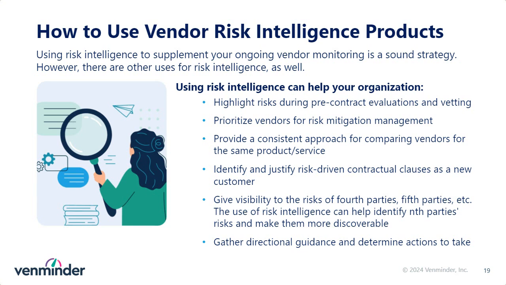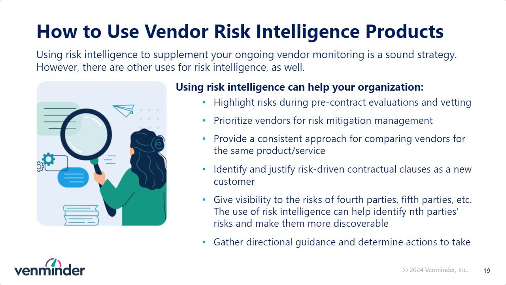For example, it can highlight risks during pre-contract evaluations and vetting, that onboarding before you bring that vendor on. It can prioritize vendors for risk mitigation management. It can help you identify those that should rise to the top, that take more time and attention. It should provide a consistent approach for comparing vendors for the same product and service. This is a great use of this risk intelligence data. It can identify and justify risk-driven contractual clauses as a new customer. This is another